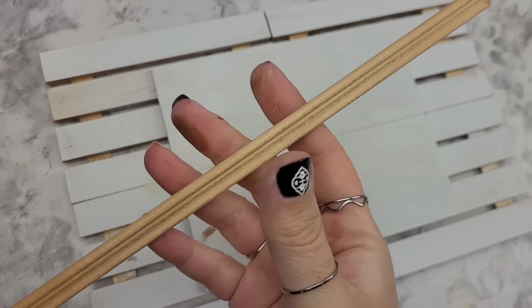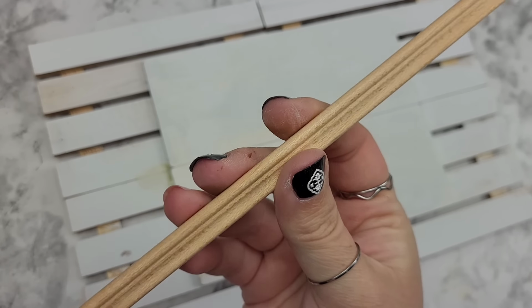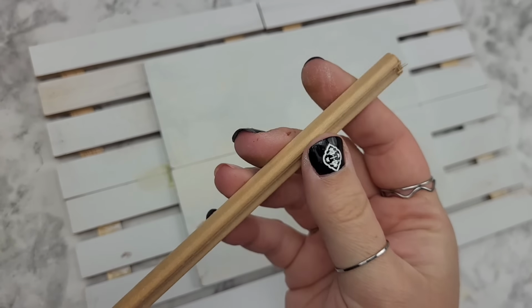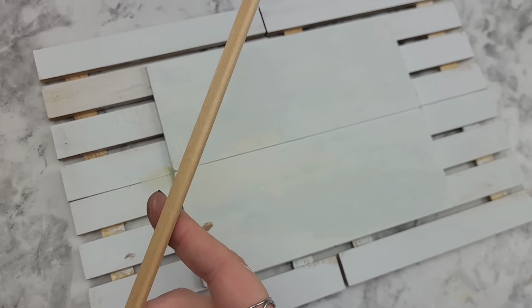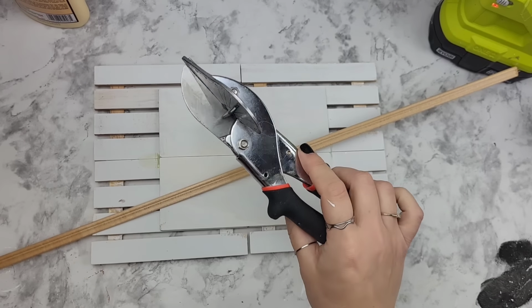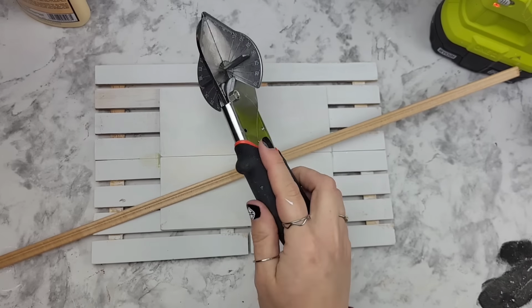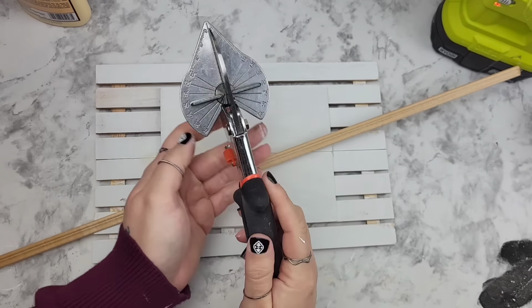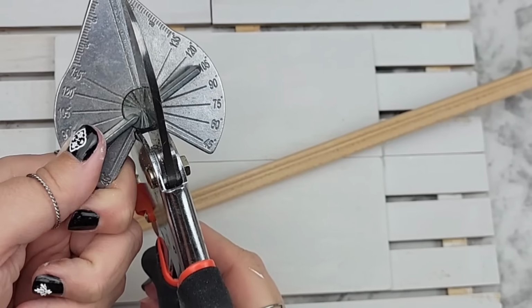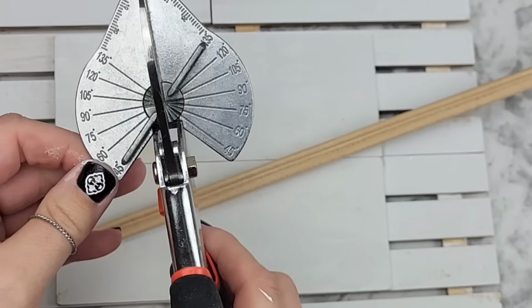I picked this little piece up from Home Depot. They have little decorative trims that are like 2 foot and a couple bucks. Well, some are like 6. We're not buying those. This one was a couple bucks. And we're going to need to trim it down and bring in our miter shears for that task. These are perfect for little pieces of wood like this. And I love the fact that we can make adjustments so we can create 45-degree cuts, which are perfect for